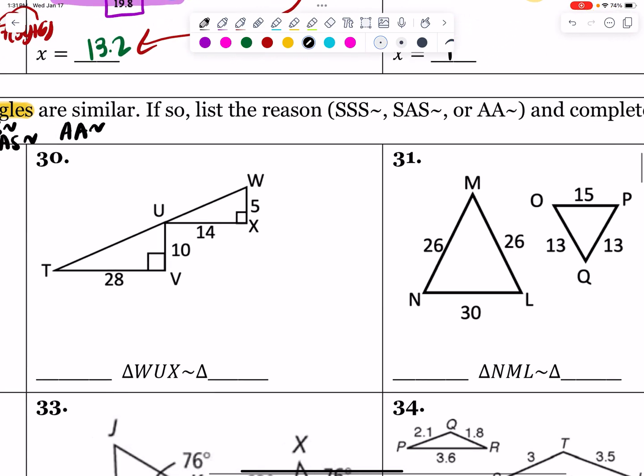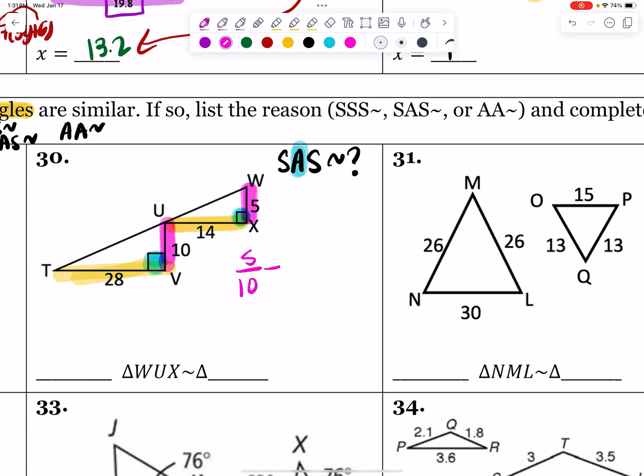Number 30 appears to be side-angle-side. So what I'm going to do is write SAS similarity, question mark. That's what it appears to be, but we always need to trust but verify. So first let's see, are the angles in the middle congruent? And yes, that angle checks off. But now we need to check, does the ratio of 5 to 10 reduce to the same ratio as 14 to 28? Which of course y'all know that it does, but let's write that down just in case. 5 over 10 is 1/2. And then 14 over 28 is 1/2. Since those are both 1 to 2,